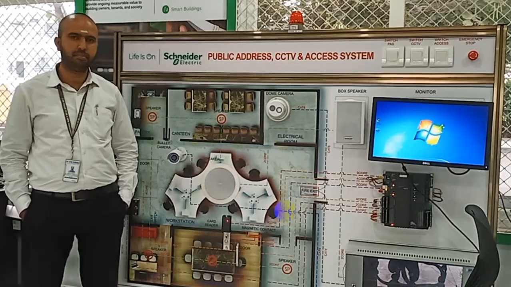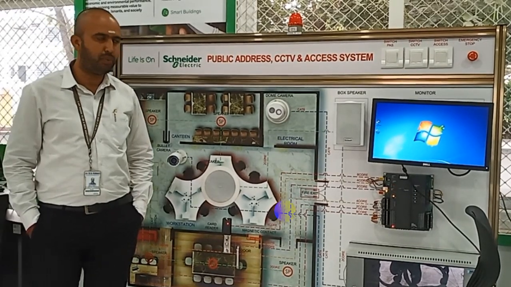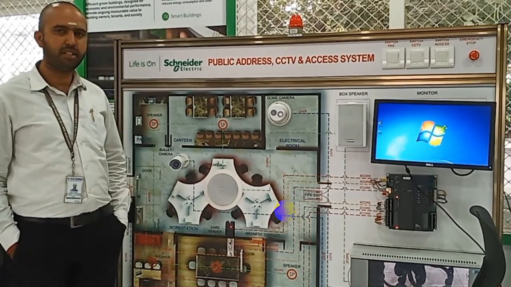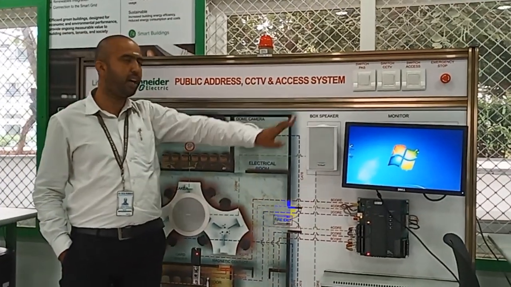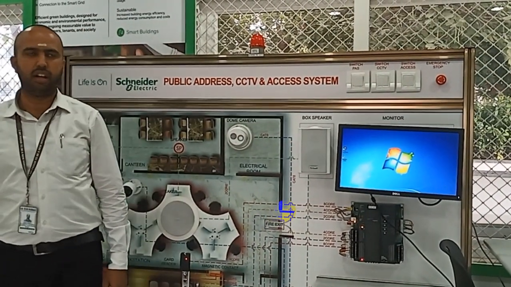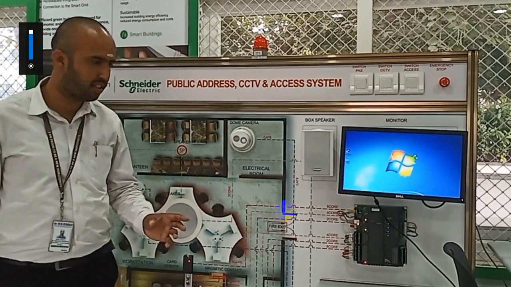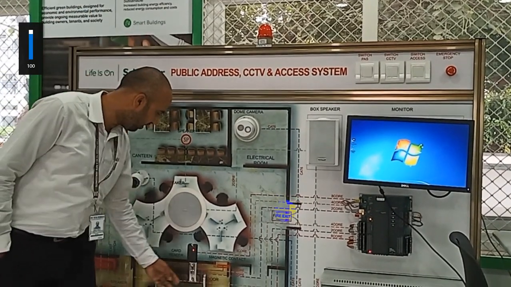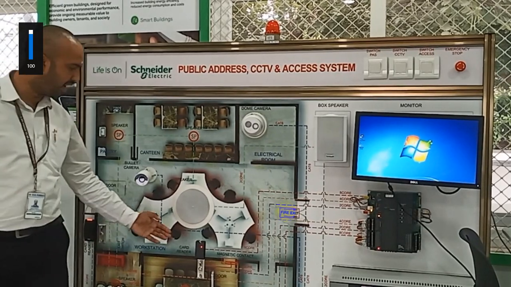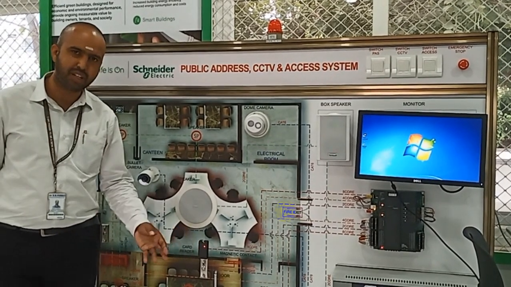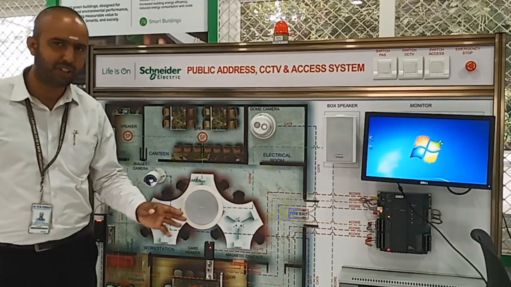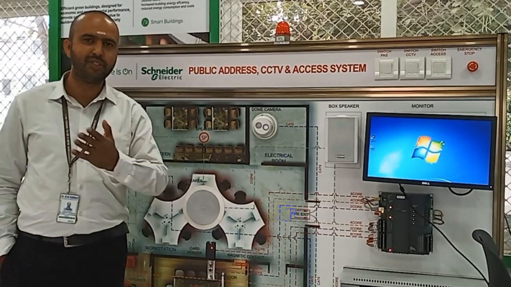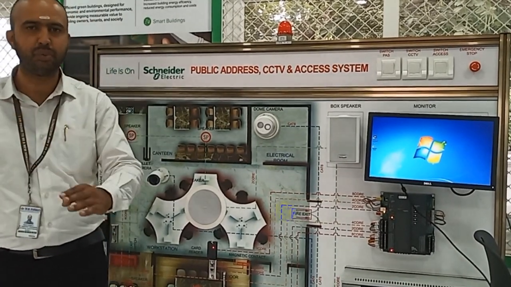So first we will see the introduction. Now we are going to see the CCTV system. This bench is meant for public address, CCTV and access control system. While talking about the access control system, here we have a magnetic door and an RFID card reader. This application is not relevant to you because it is not a program, it is already done by default. So your role is not there, so we are not going to that program.